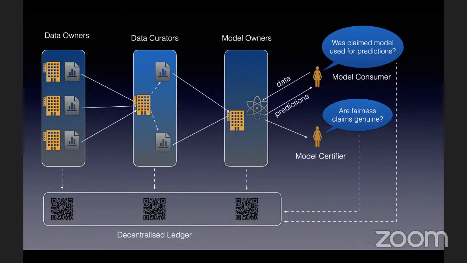Or that can happen, but when model owners and data curators have settled on this being the model I want to benchmark, and this being the curated data set I want to benchmark my model against, at that time, the model owners can ask data curators to publish hashes of those data sets, right? So once they've agreed on it, they can publish the hashes and also publish how these data sets were curated, right? Like including maybe data from these owners and all. And eventually we'll want all these relationships to be verifiable just using these hashes.